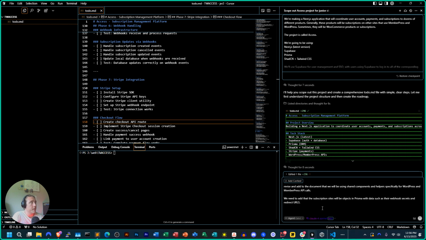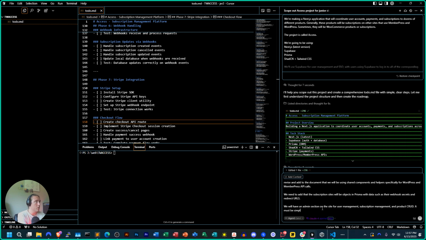So I want these subscription sites to be objects in Prisma. I want to store them in my database. We will have an admin section on the site for user management, subscription management, and what else is it going to do? Product CRUD. It must be simple and beautiful so that I